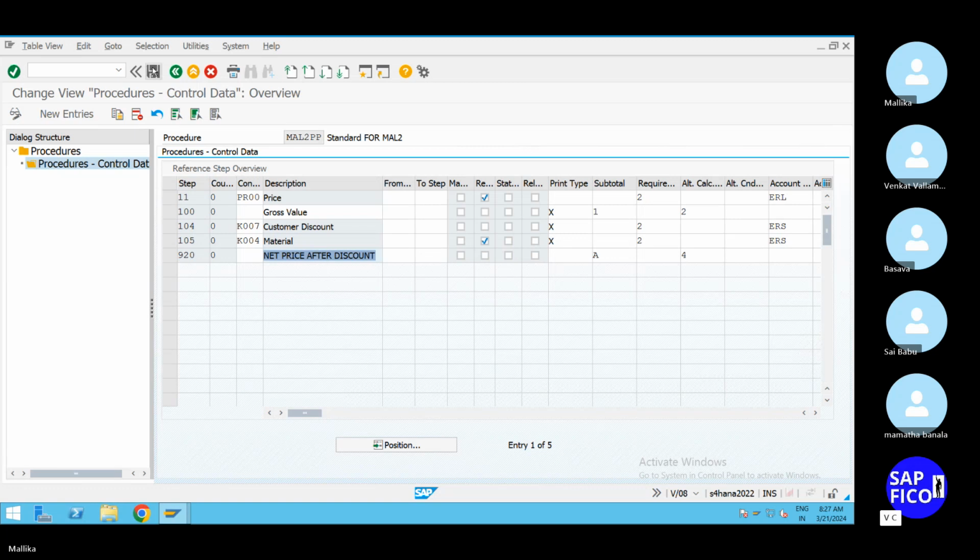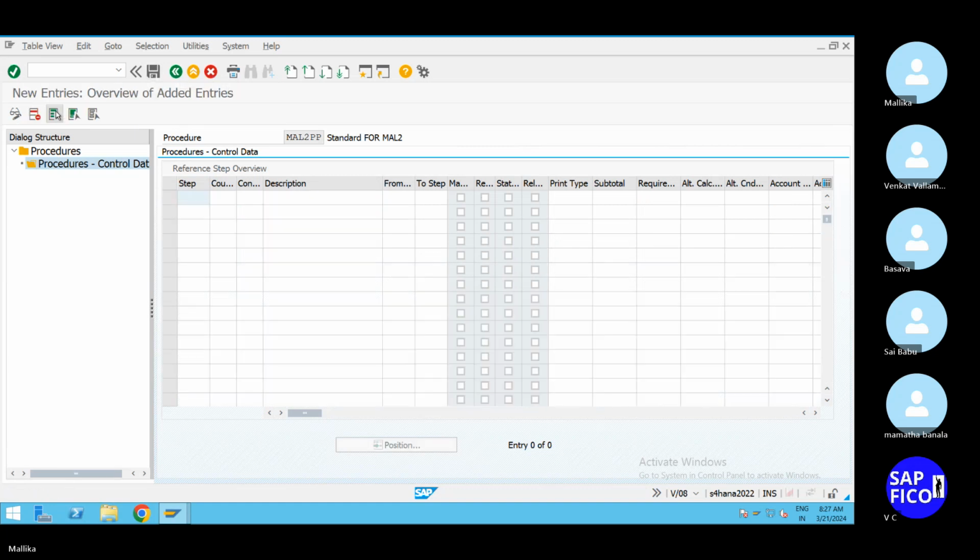Here we will insert one more row, all of you. Go to the new entries and give the step as 930, the condition type as MWST, and the description as output tax. And the base type is